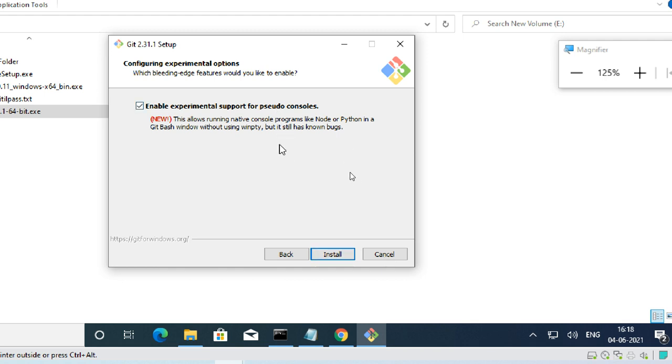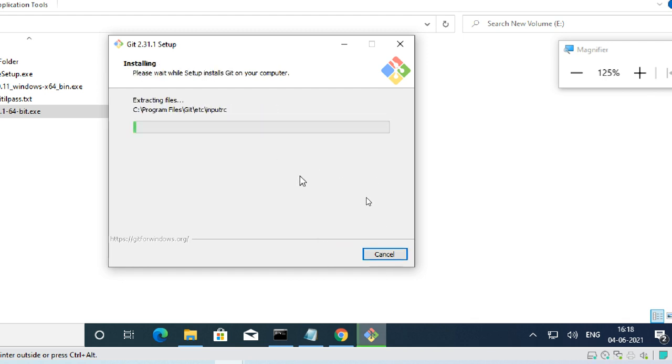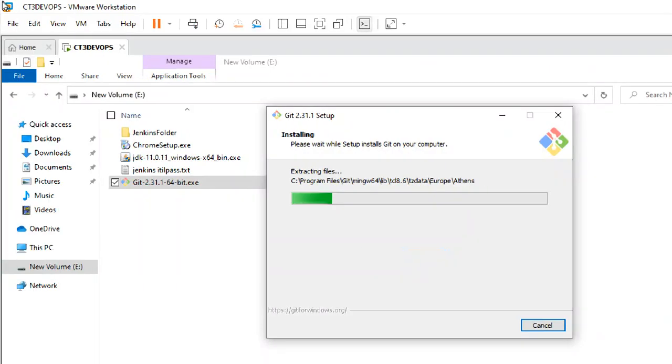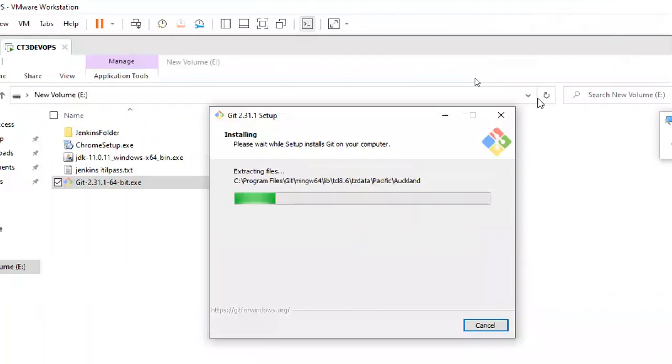It is asking about the sudo consoles. No, I don't use it. It is showing that there are still some bugs inside. Okay, but don't install Docker while you are installing this one.